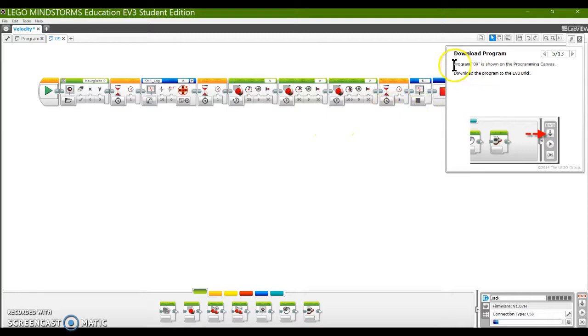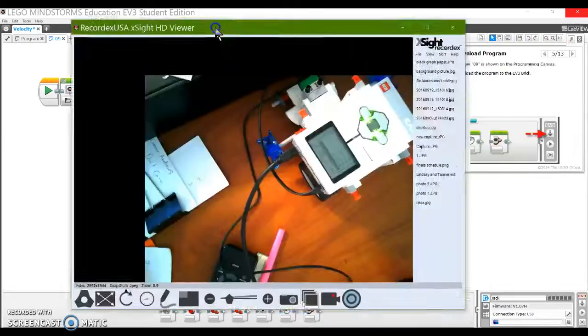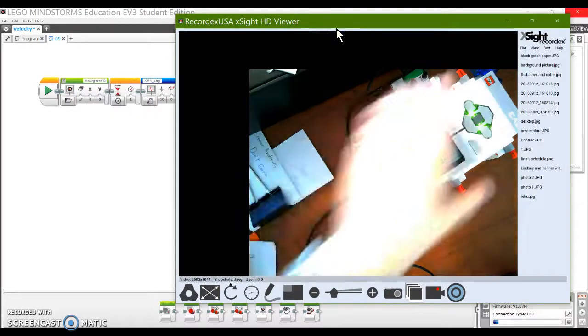You'll see right here it says program number 9 is what you need to run in order to operate your robot. So here, if I bring in for a second our screen,